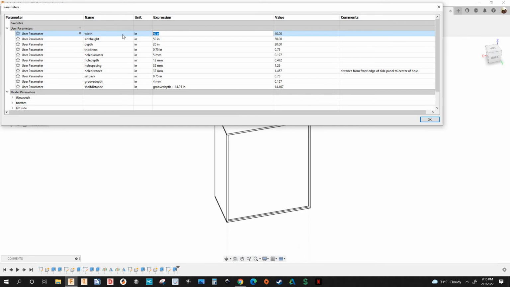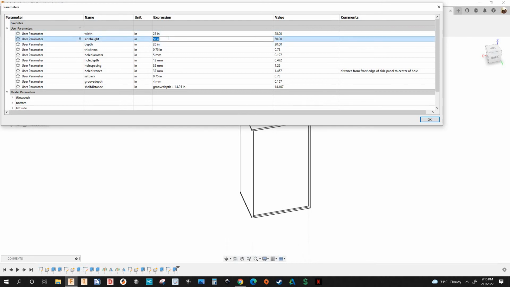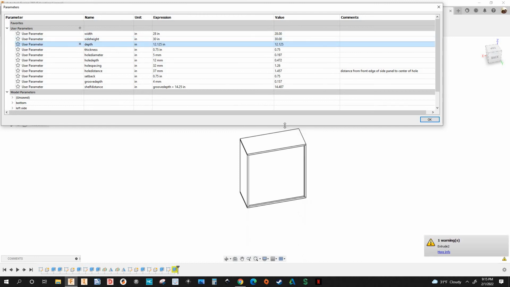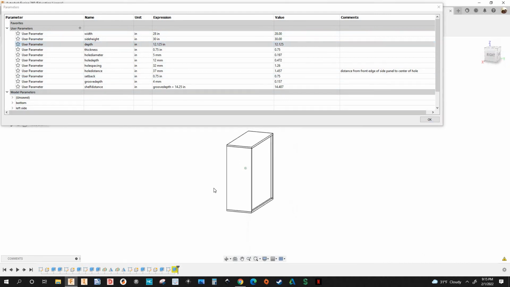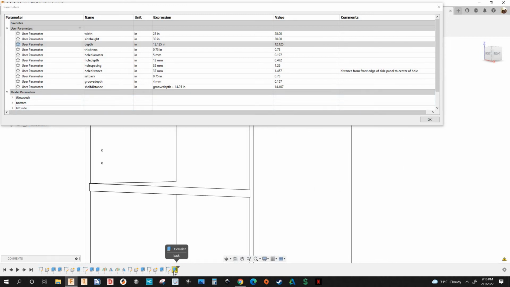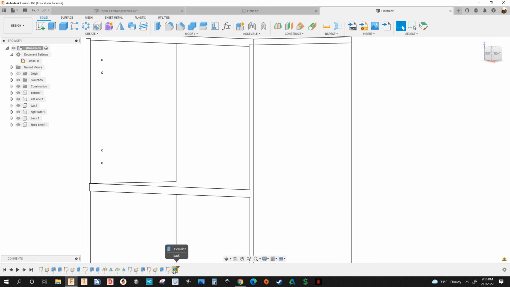Okay, so I want to change the width back to 28, the side height back to 30, and the depth back to 12, and then 12.125. Hit enter. Oops, now I got a warning. Something's not right. Huh. Okay, so it happens to be extrude. Okay, click OK. I'm gonna right click, edit feature,